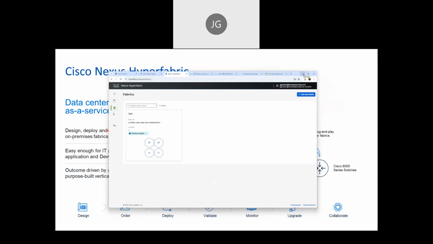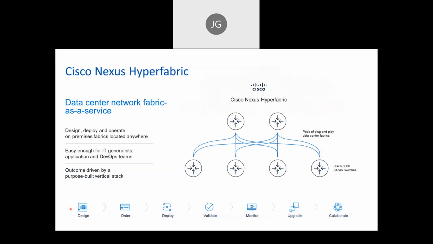But with that being said, one of the first things that's incredibly important to understand about Hyperfabric is that this is really about designing and then ordering the correct equipment, right? So what we're trying to create is a data center network fabric as a service, easy enough for just IT generalists, right? This isn't,